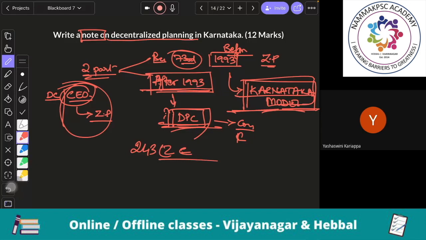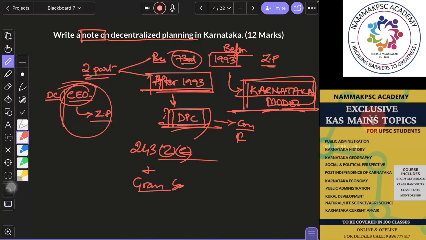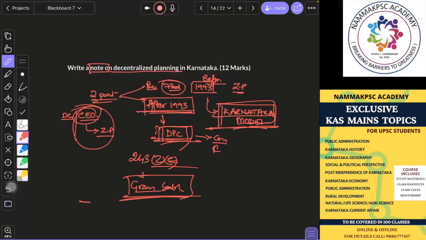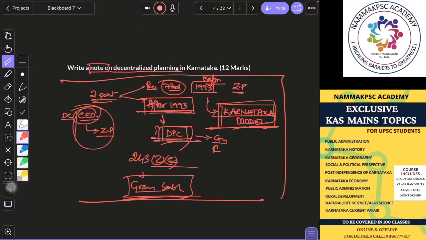You can read about it, and also do mention the Gram Sabha. Today, the Gram Sabha also, under various provisions of the law and various government policies and schemes, is implementing planning. They are the grassroots level planning body, the Gram Sabha. They are playing a very important role. Then you can write and finish it off. Is that okay, guys? So, decentralized planning in India. It's a broad topic. Write a note.